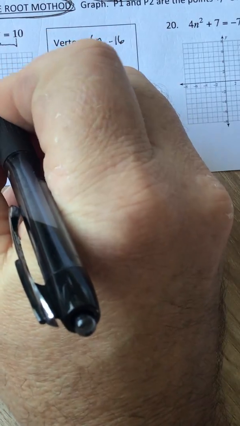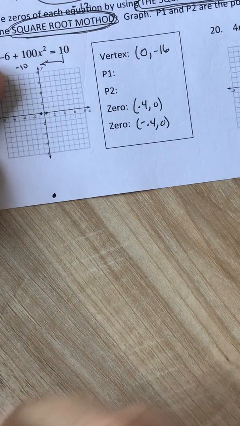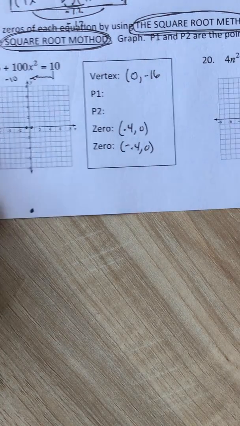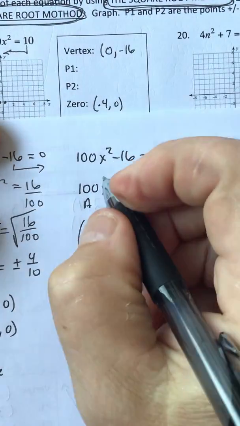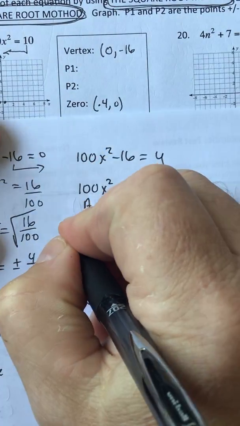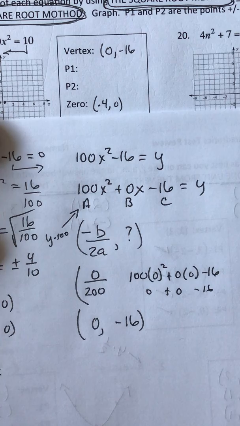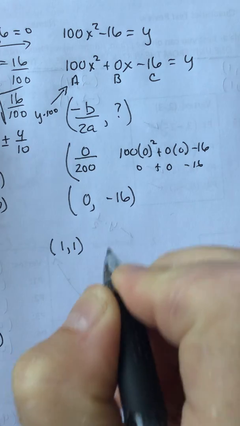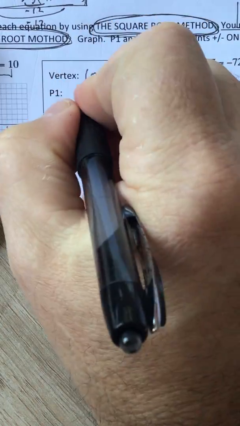So 0, negative 16, it says plot it the best you can, so that's going to be down here someplace. And then 1 unit to the left and 1 unit to the right. Okay, let's take a look at what our equation was up here. If we had completed the square, the a number is the y stretch. The y's would be multiplied by 100. So our next dot should be over 1 up 1. It's going to be over 1 up 100. So from this vertex, we're going to go over 1 up